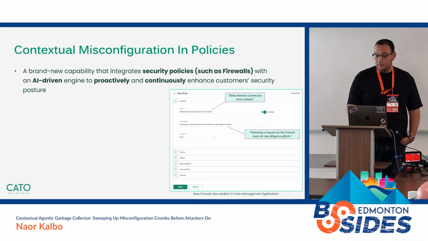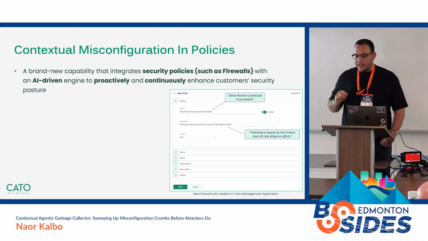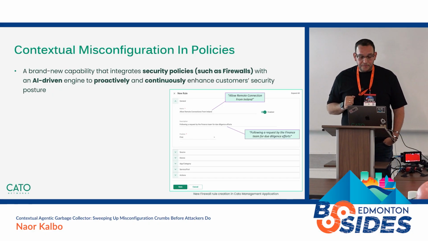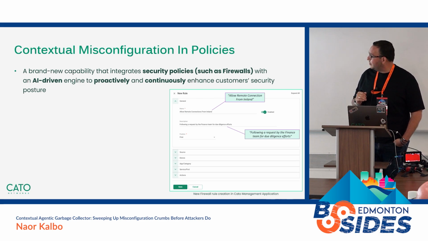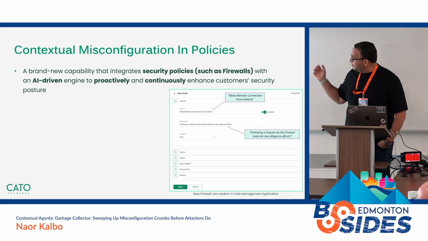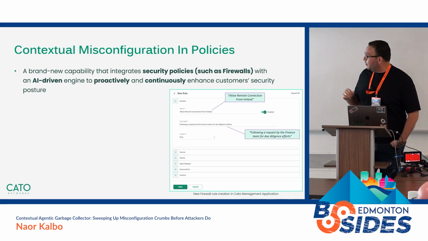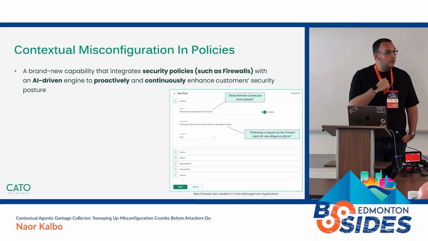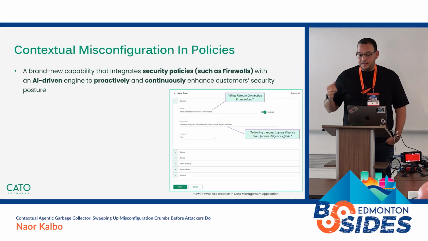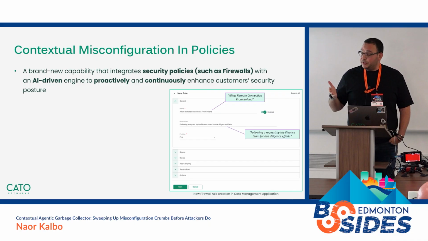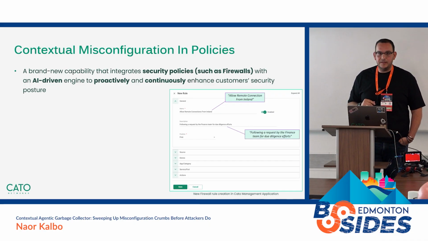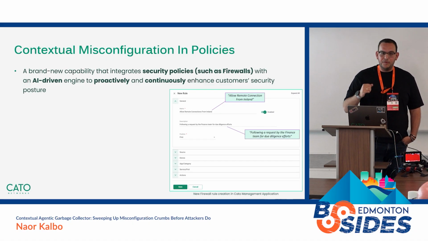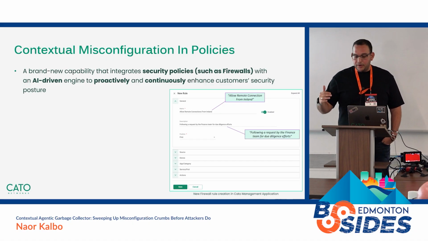So let's take a firewall, for example. We can see the rule name, the rule description, and a range of rule misconfiguration and definition. I'm not sure that you can read, but let me make it clear. The rule name for this one is "allow remote access to Ireland." And the rule description there says this is requested by the finance team for the due diligence efforts. And there are many other technical configurations for the rule: the service, the ports, the application.